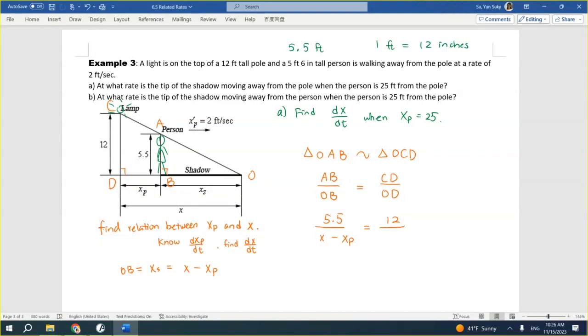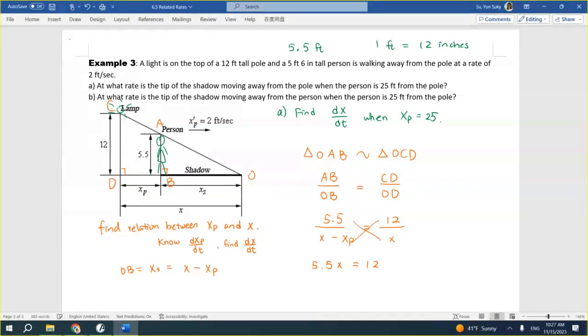$12. Right? How about OD? X. Yes. Okay. And then, let's simplify it. Did you learn cross multiply? If both sides is a single fraction, you can cross multiply. But this is only true when you have a single fraction on both sides. If you have more than one fraction on one side, can you cross multiply? No. Right. Okay, so cross multiply. You get